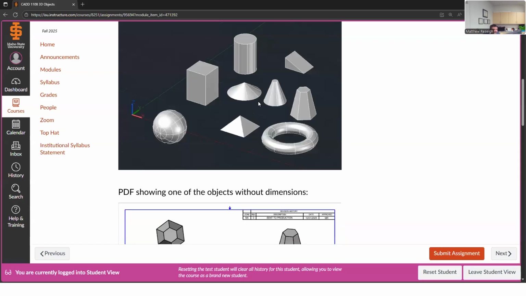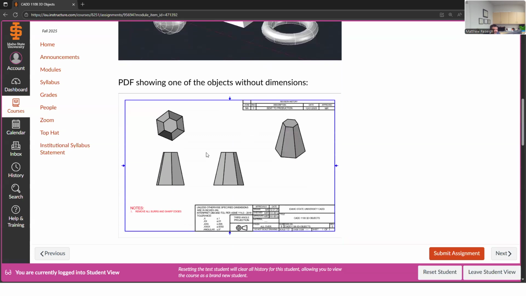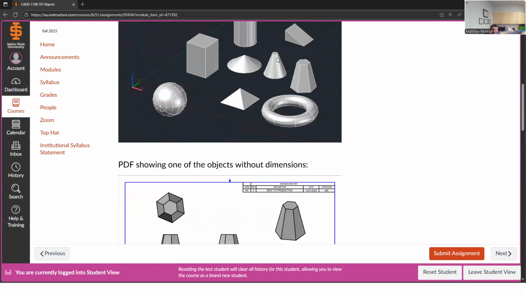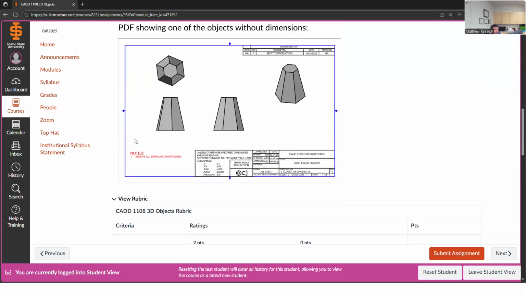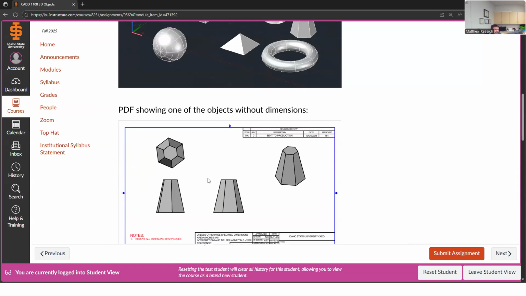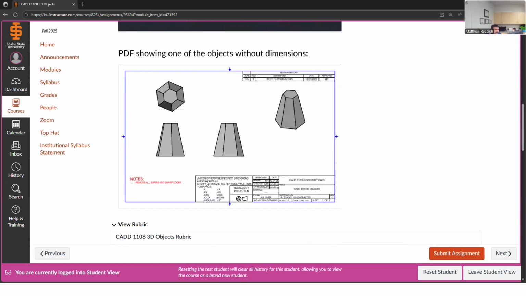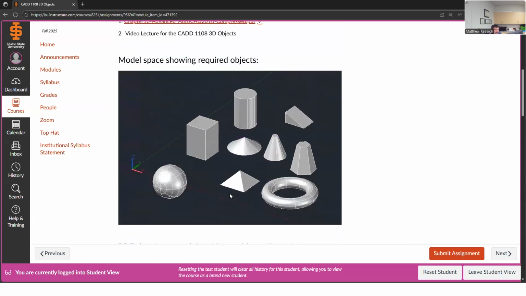I've made them all right here. I chose one from the model space, selected it, dropped those 3 views, kept them as just visible shaded, and then made a PDF of that. And then I uploaded it. So I will change this assignment. I don't care if you upload the PDF on this one or